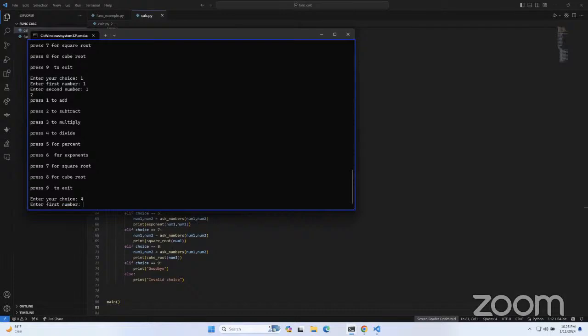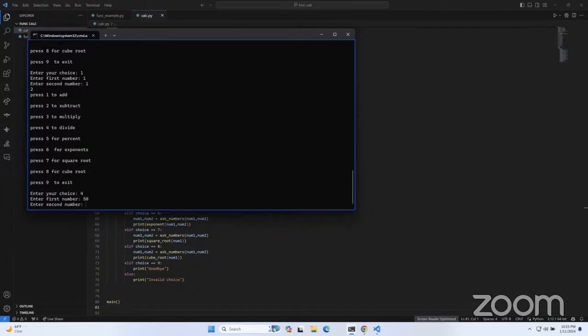Okay, 4. Enter first number: 5. Enter second number: 10. The result is 0.5. Then the menu appears again: Press 1 to add, 2 to subtract, 3 to multiply, 4 to divide, 5 for percent, 6 for exponents, 7 for square root, 8 for cube root, 9 to exit. Enter your choice: